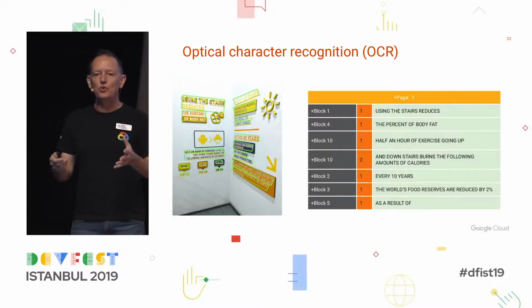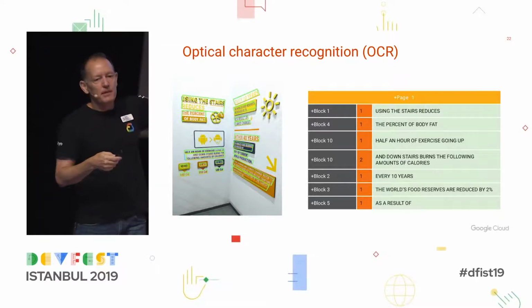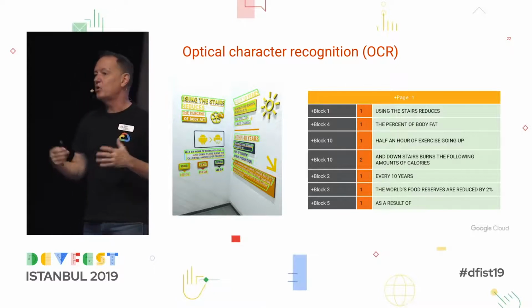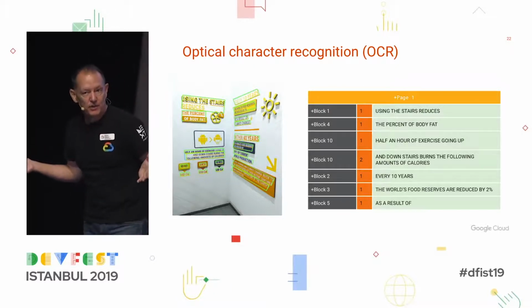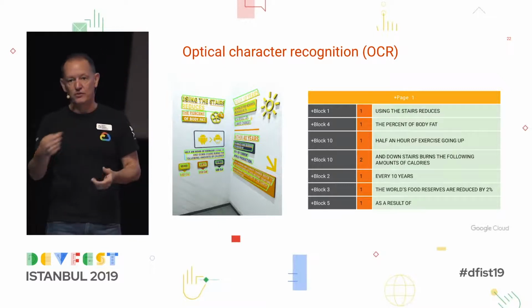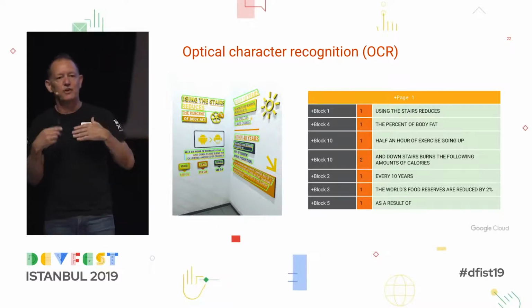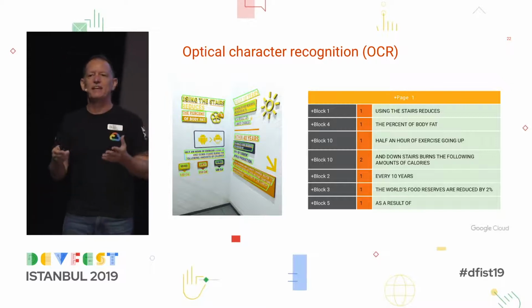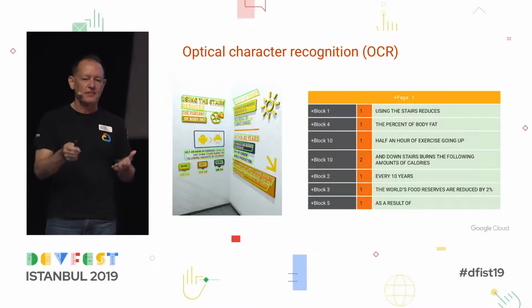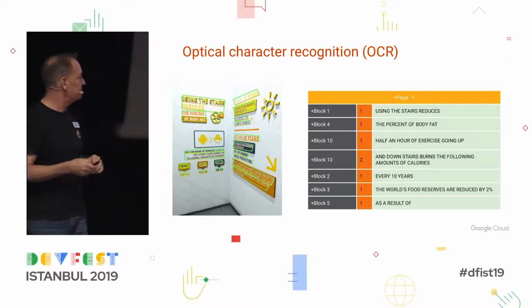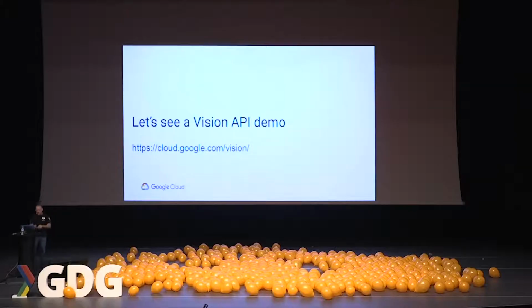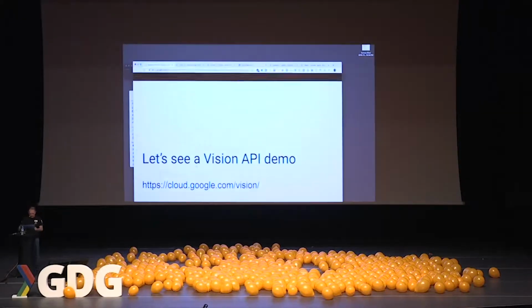So with these tools, you submit the image and you get back data in JSON format that you can then do whatever you want with. You can drop it into a database, you can search, sort, you can use it for classification. And basically, it's a way of bringing that data alive as opposed to just having this dead image sitting out there. So let's take a quick look at a demo of this.